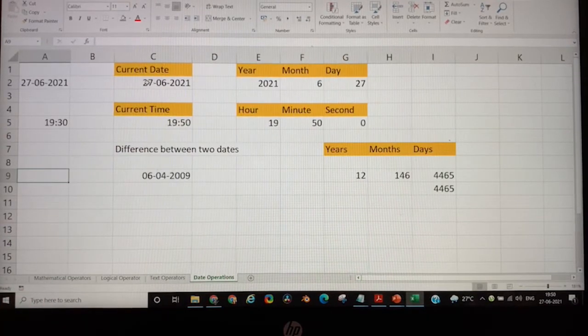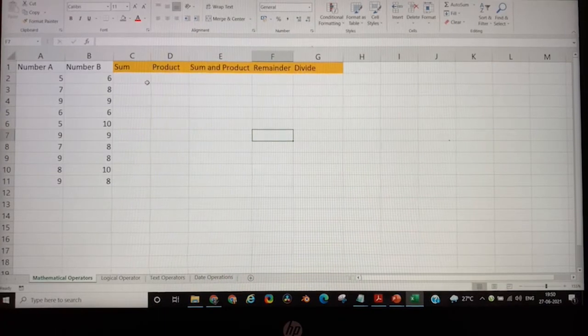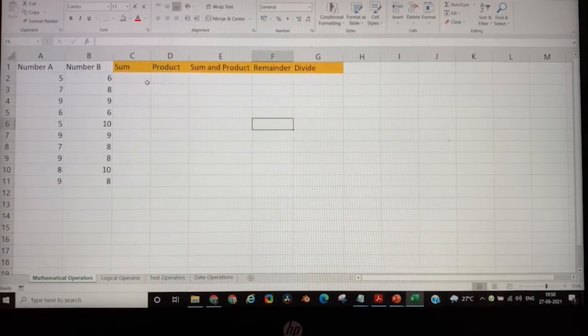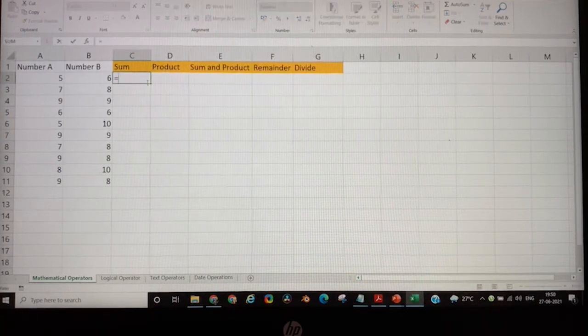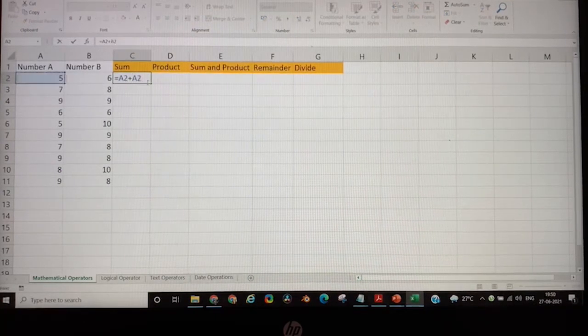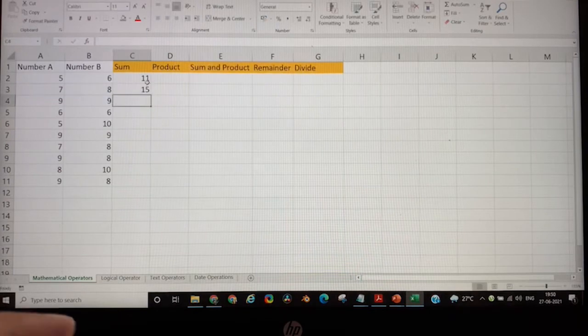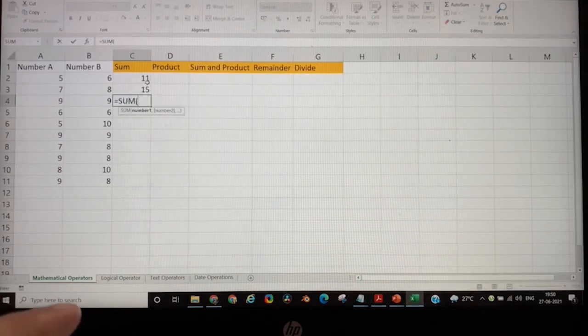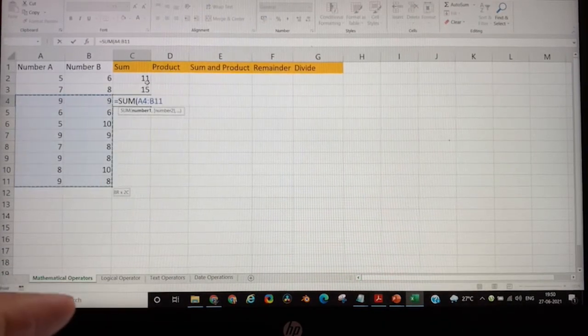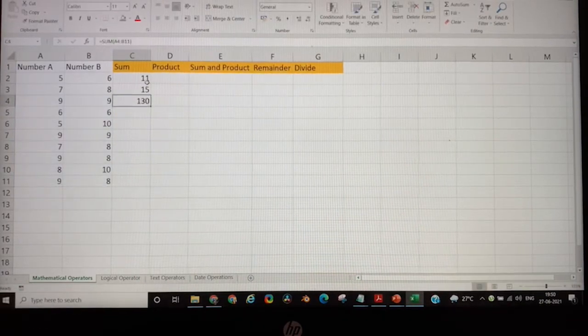And now finally coming to mathematical operators. I purposely kept it for the end because everybody gets bored by mathematics. So let's first talk about how to sum. Summation is very simple. You can take individual cells, use the plus operator and sum them, or you can use the SUM formula and supply individual numbers, or provide a range, or give an entire range to get the sum. Whatever range you supply to the SUM formula, it will do the summation.